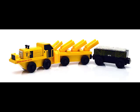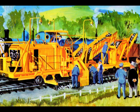Number 10. The Sodor Railway Repair. This one is quite rare. First of all, I love the design of it, and the fact that he has glasses on, just like Whiff. The Sodor Railway Repair's real purpose on the railway was to clean ballast on the tracks, not necessarily to repair things. But the reason he's so low on the list is because, for one thing, he made a brief